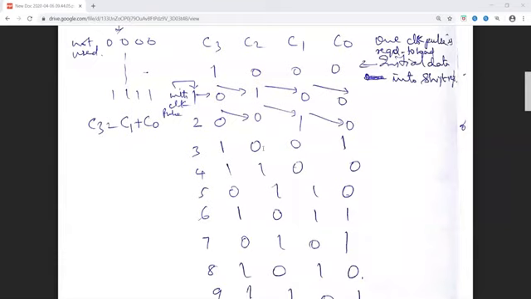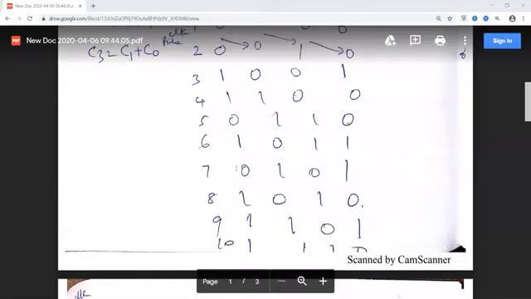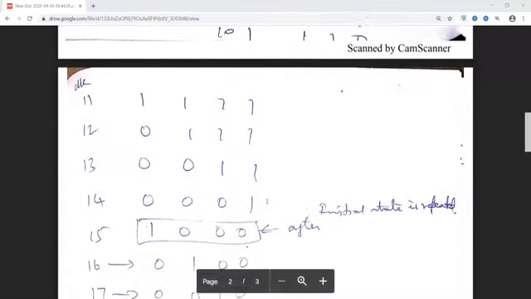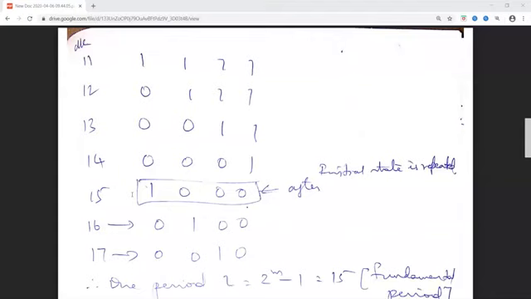So like this, for every clock pulse, we are finding the sequence. Next, we will see that at the 15th clock pulse, after starting the movement of the contents of flip-flops from one to another, the sequence repeats.